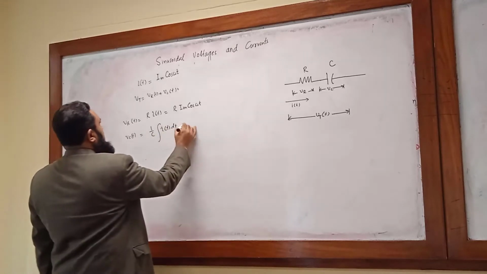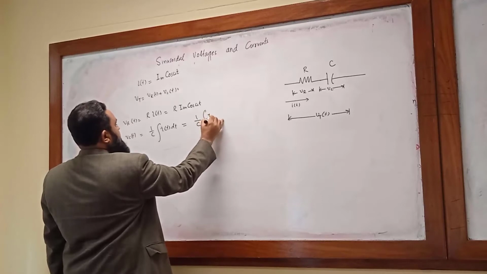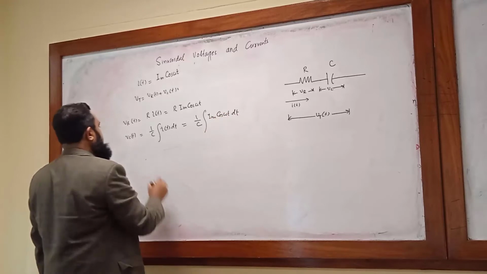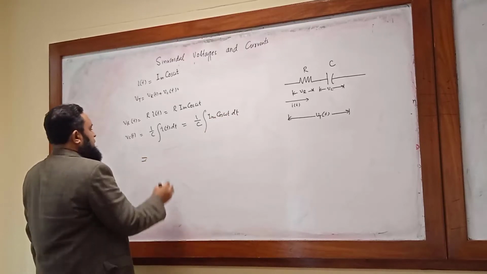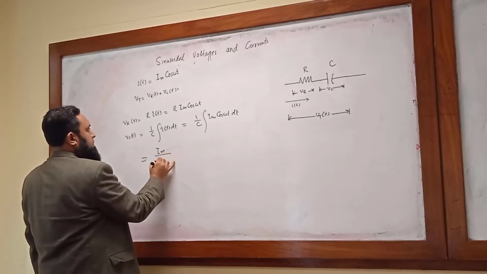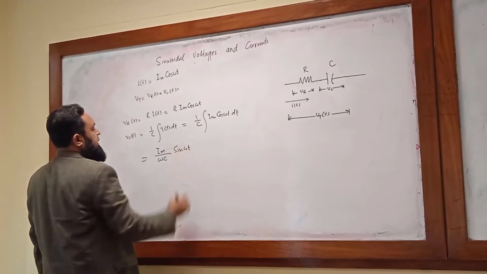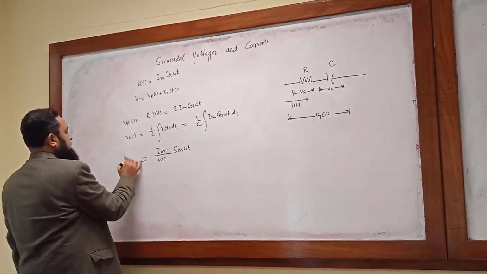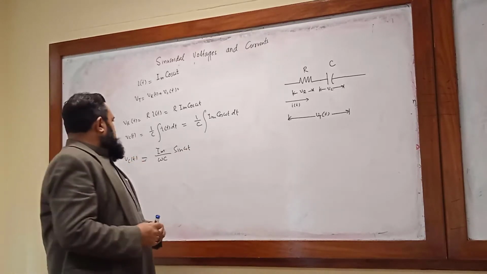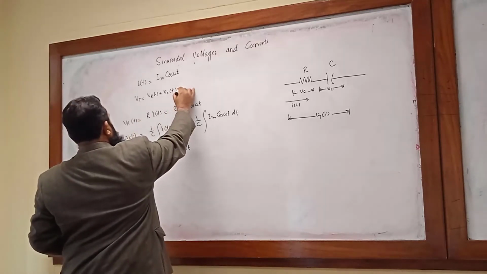And what about VC(t)? It is equal to 1 over C integral of i(t) dt, which is equal to 1 over C integral Im cosine of omega t dt, which is equal to Im over omega C times sine of omega t. Okay, so this is VC(t). So just adding the two here, we have